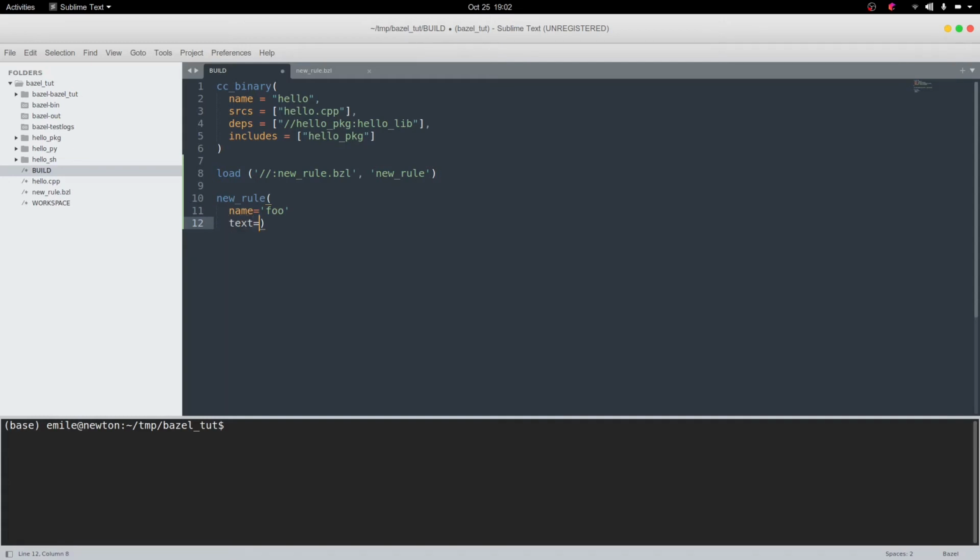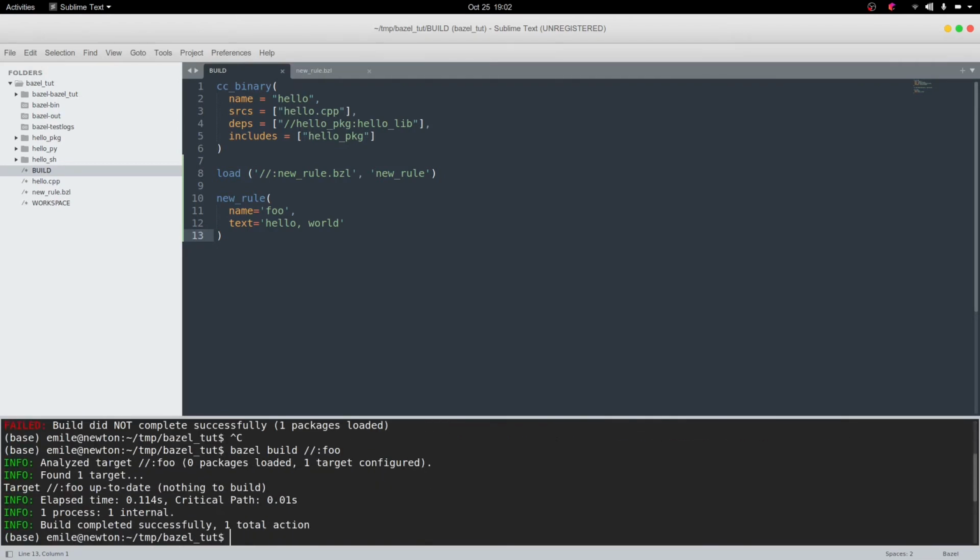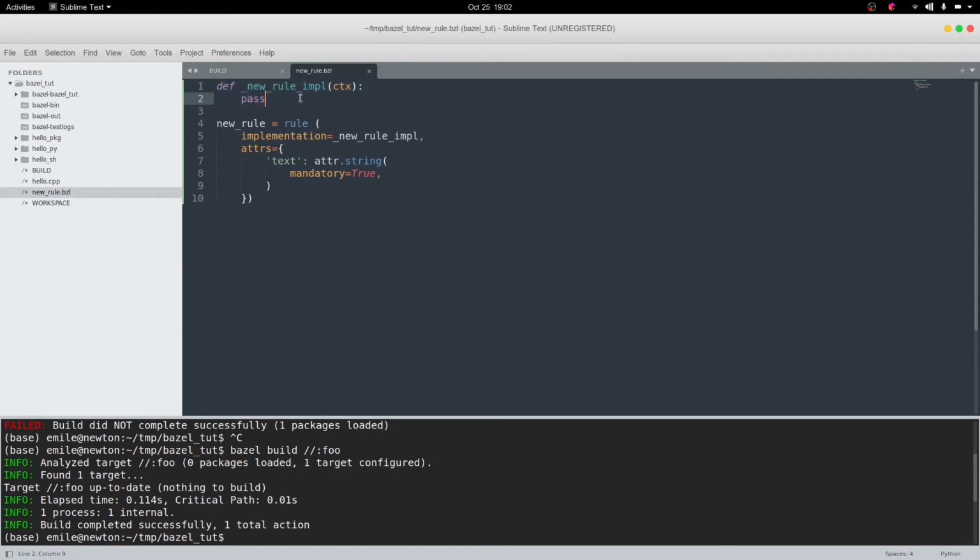So we have a name for the target, and then we declared our mandatory attribute to be text. So we specify this text here, and I'm setting hello world as the text that is going to be in my rule. Then we can build it. Oops, I had a typo. So we can build this target, but it's not doing anything for now since the implementation is